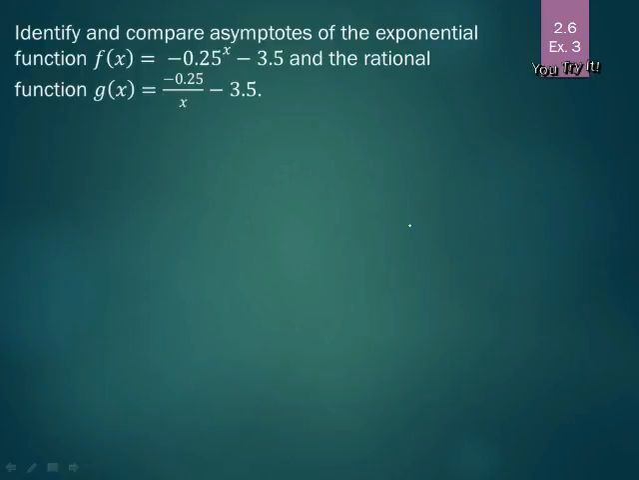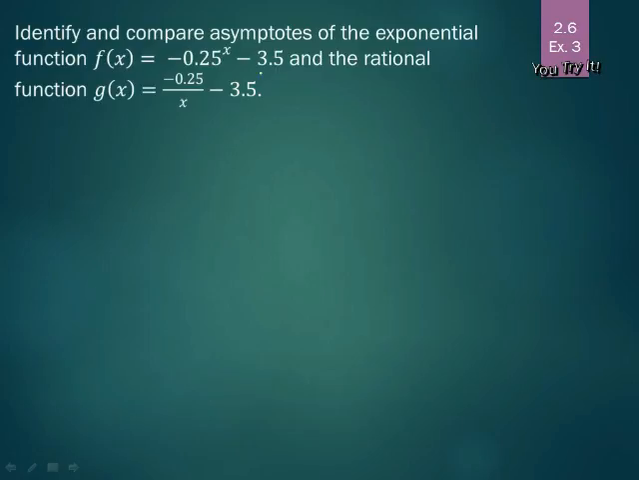Identify and compare asymptotes of the exponential function f of x equals negative 0.25 to the x minus 3.5, and the rational function g of x equals negative 0.25 divided by x minus 3.5. All right, so first of all, looking at the asymptotes of f of x, this is an exponential